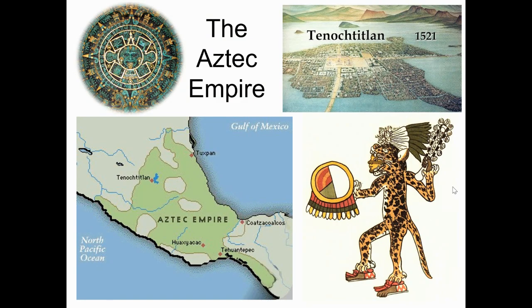We will also study about the Aztec. Now, the Aztec, unfortunately, were kind of like the Romans in Mexico. And unfortunately, they were there when the Spaniards showed up because of the age of exploration. And so, unfortunately, the Aztec Empire came to an end because of the Spaniards. In the upper right there, you see a drawing of their capital city called Tenochtitlan, which we will get to learn about. And I think it was maybe the most incredible city ever built in human history. Really a truly incredible place, and unfortunately destroyed by the Spaniards. And yes, both the Maya and the Aztec did practice some human sacrifice, so that's something